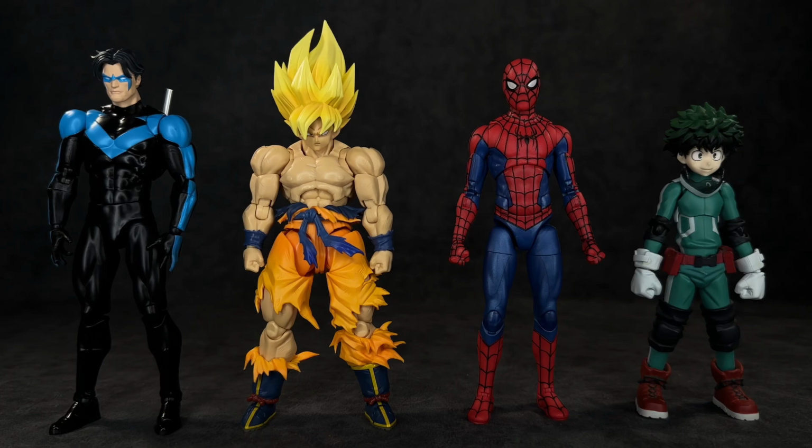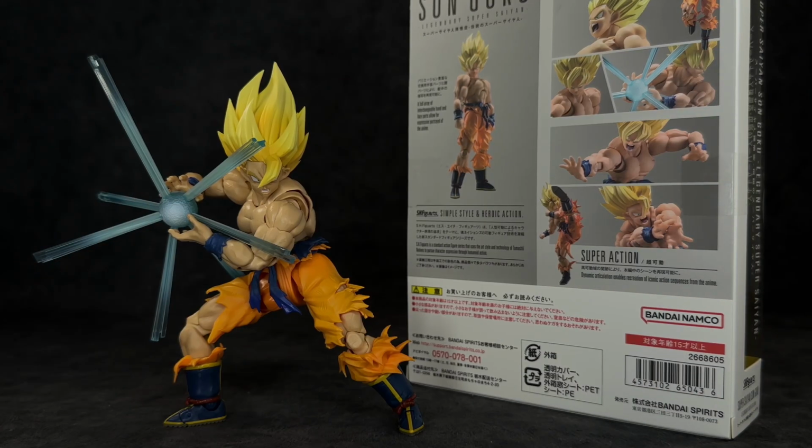Lastly, for some random extras, here he is standing next to the Metacom Toy or Mafex Batman Hush Nightwing, a Marvel Legends Spider-Man No Way Home Final Swing Suit Spider-Man, and then the Boku no Hero Academia or My Hero Academia Deku from Figma. So being completely honest with you guys, when it comes to my final thoughts, this right here,